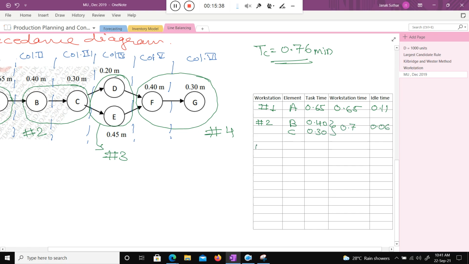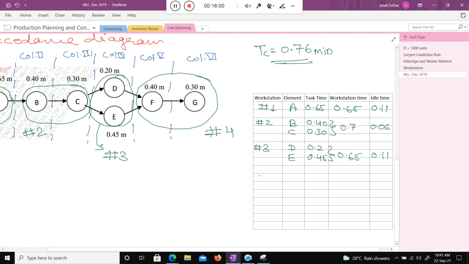Now the third, workstation 3. In workstation 3 there are two again, D and E. D's time is 0.2 and E's is 0.45, and if I add these two, 0.65, and the idle time is 0.11 again.